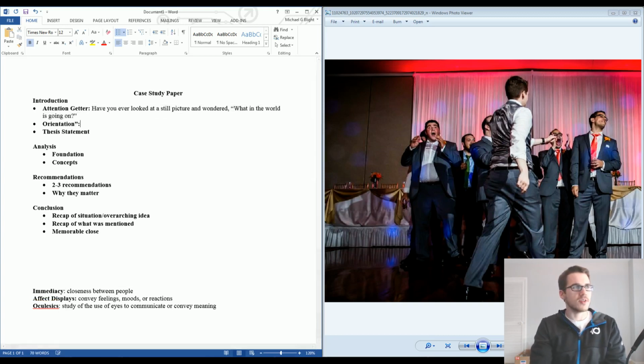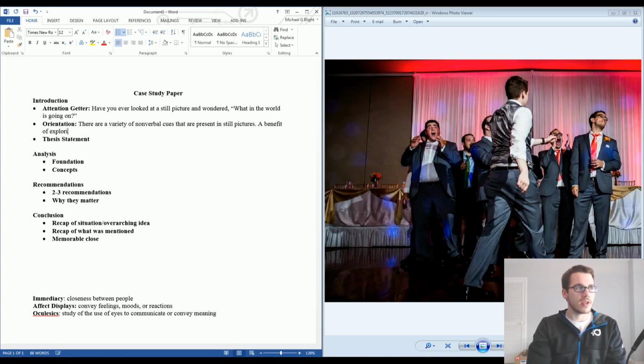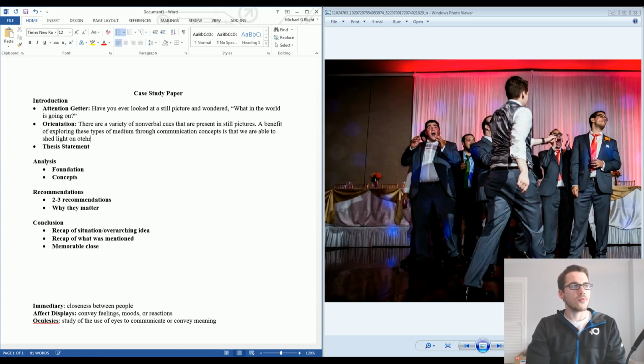The orientation is something to the effect of, there are a variety of nonverbal cues that are present in still pictures. A benefit of exploring these types of media, it's actually medium, through communication concepts, is that we are able to shed light on otherwise